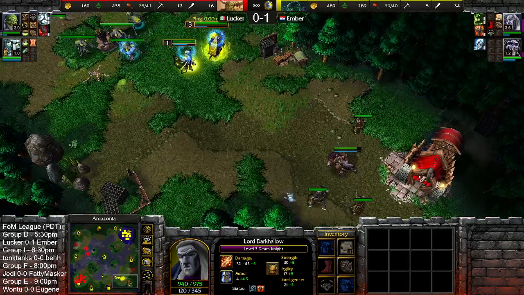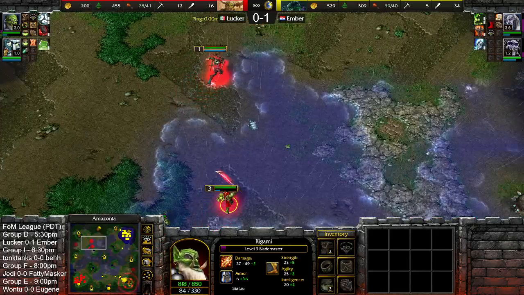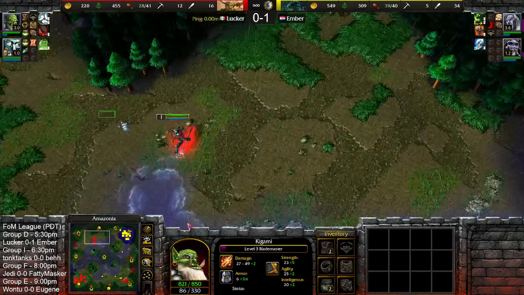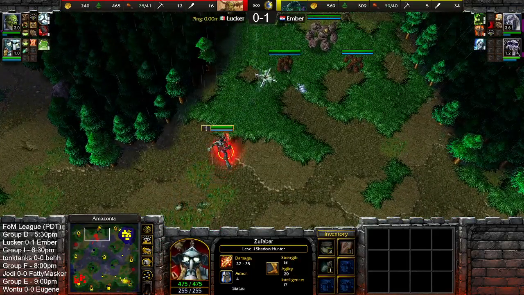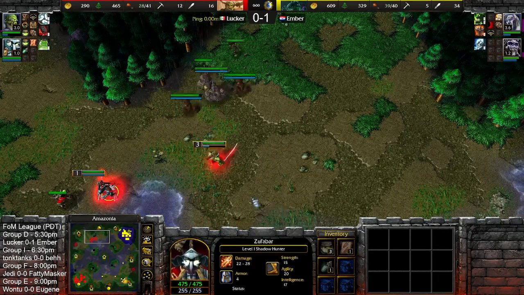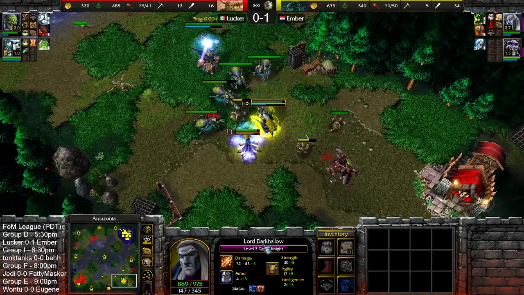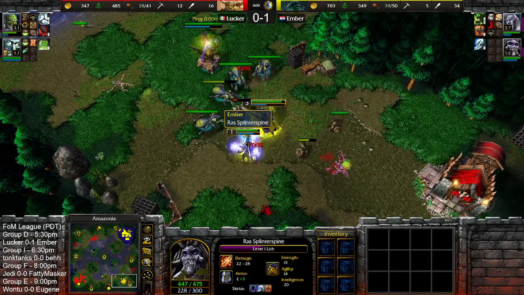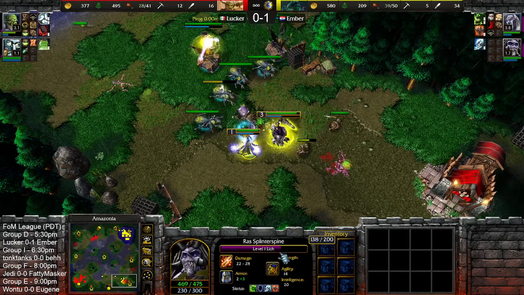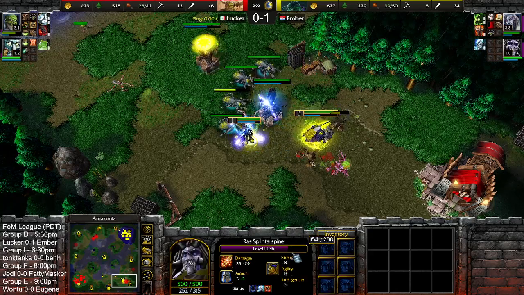Okay, Ember will finally take out this creep. Lucker gonna go across to the Undead's gold mine. Getting a good consumable here can make a big difference. But will it be big enough? I don't know. We shall see. Ember, on the other hand, should be nearing level 4 too pretty quickly. Might need one more camp, but